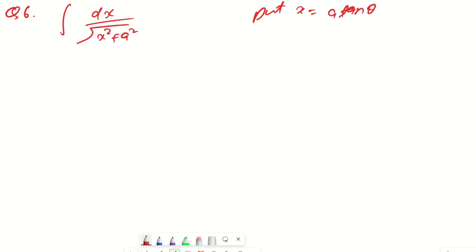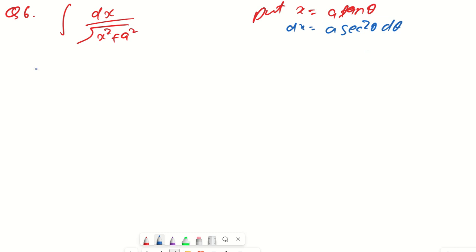This is the beauty: we have already seen how to solve integration using the substitution method, and that's the reason we are trying to utilize those concepts and substituting those values. So x equal to a tan theta, then what will happen? You already know my dx will become a times the differentiation of tan theta, which is sec square theta d theta.